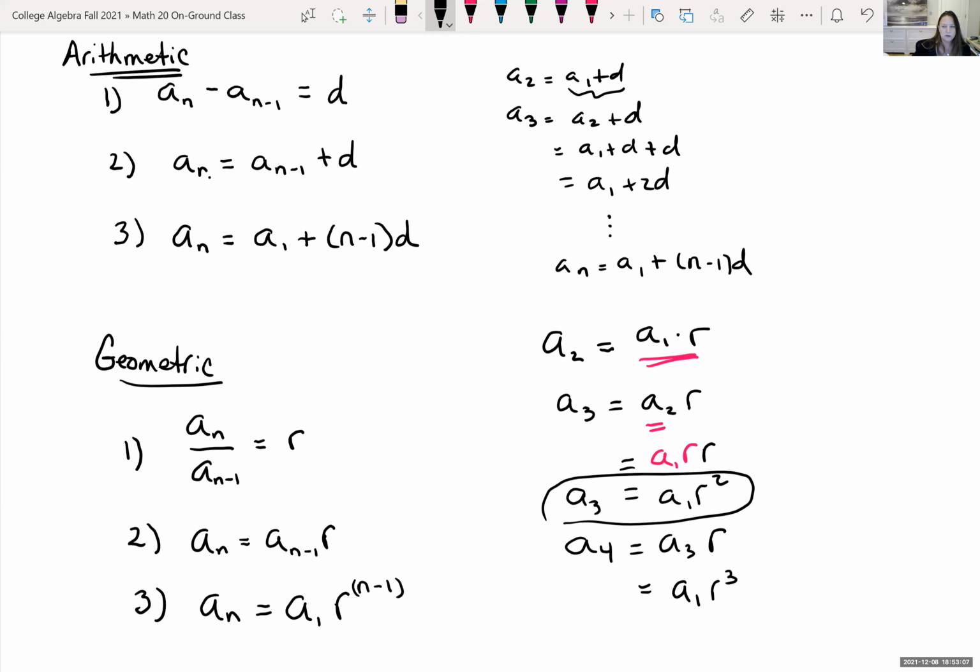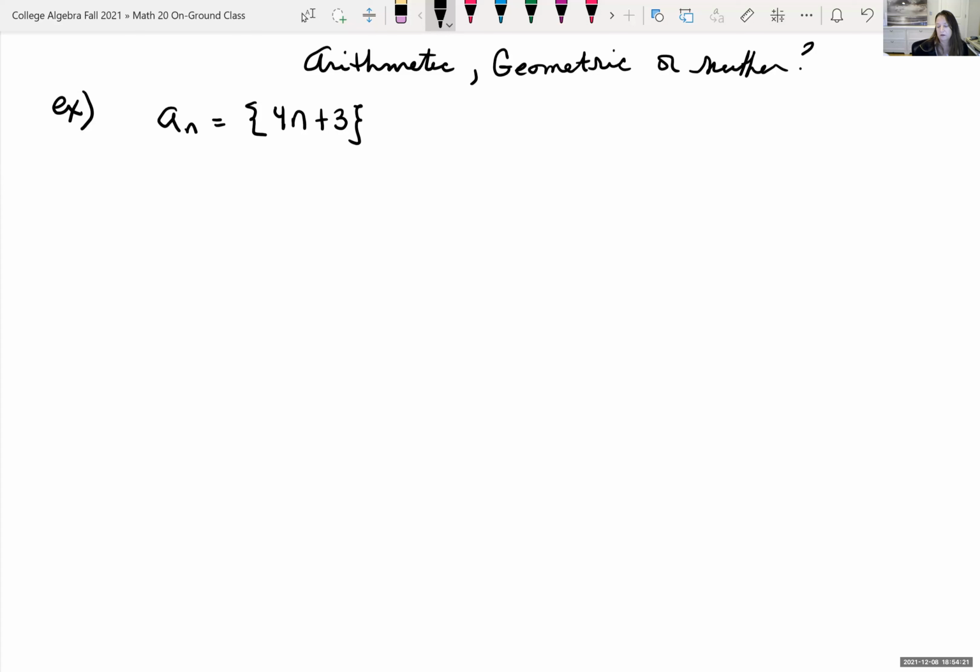Okay, so remembering those special equations or formulas for arithmetic and geometric, we should be able to do problems that relate to those types of sequences. Okay, so looking at a sub n, we have 4n plus 3. We want to know, is this arithmetic, geometric, or neither? If it's arithmetic, then we know that a sub n minus a sub n minus 1 would have to equal a constant. You're given what a sub n is. So let's replace a sub n with this 4n plus 3